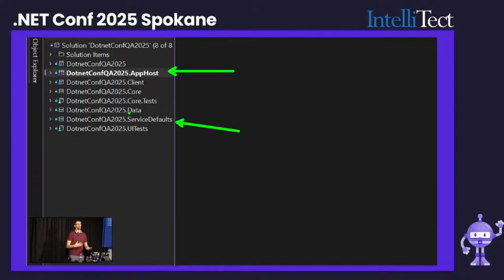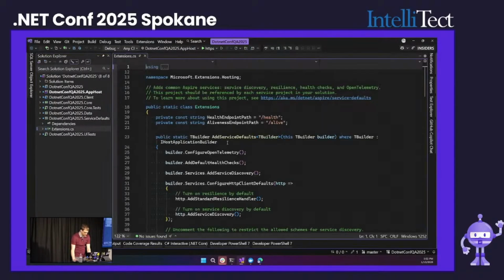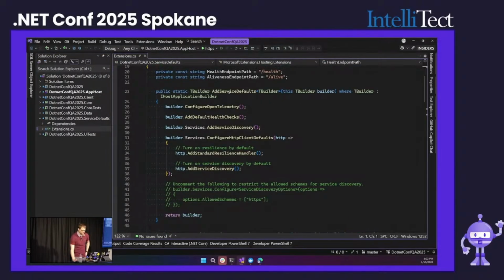This is Microsoft going, okay, if you aren't sure where to start, this is a good starting point. But the service defaults project, once it's generated, it's done. That's your code, you can change it, beat it into submission, make modifications to it, pick what you would like it to be. If we take a look inside of it, a lot of these files are going to be